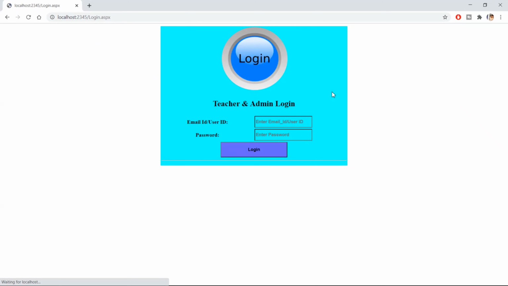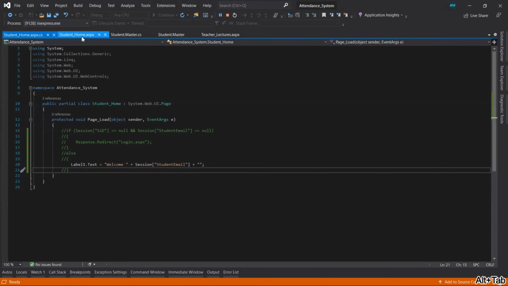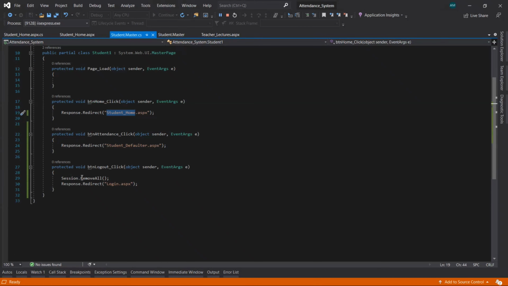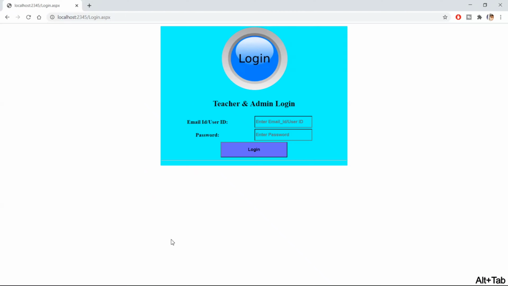If we click on logout, it will be redirected to the login page, because we have given the code there for logout that it will remove all the sessions that are active in our project at that time. But we don't have any session running in our project, so it will ignore that, and after that it will redirect us to the login page. So that's why we have gone to the login page.